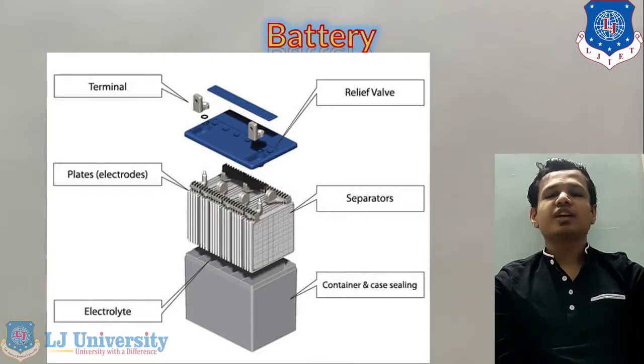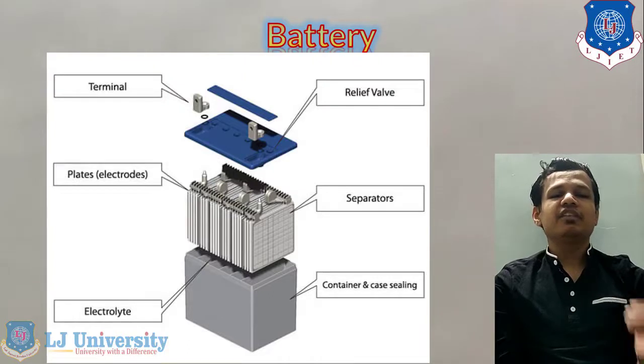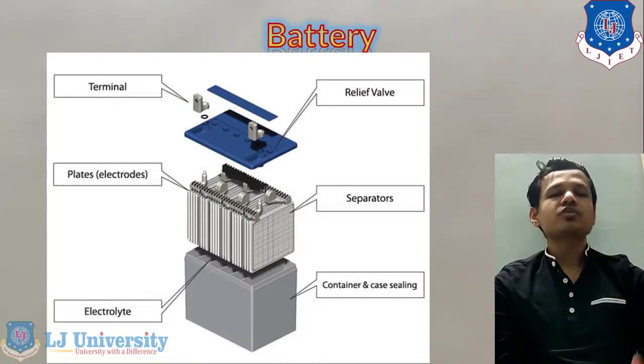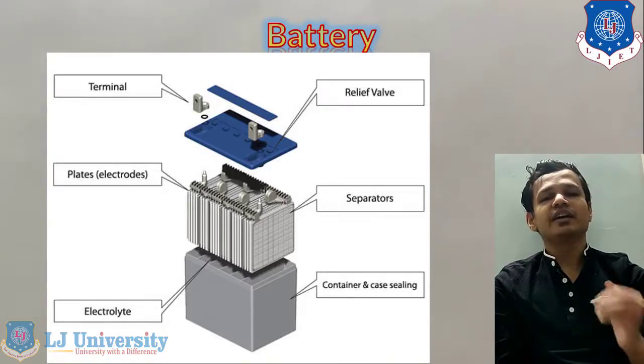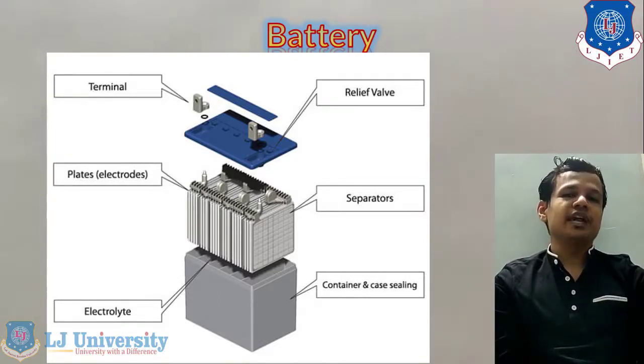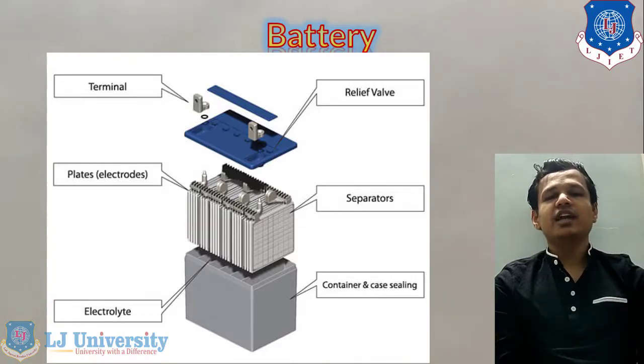In the figure right now you can see most of the components of this lead acid battery: the positive electrode, the negative electrode, and in between them the separators. All those components are put in a container, and that container is then sealed. Before sealing the container we provide the electrolyte. The electrolyte we use is H2SO4, which is dissolved in water, that is H2O.